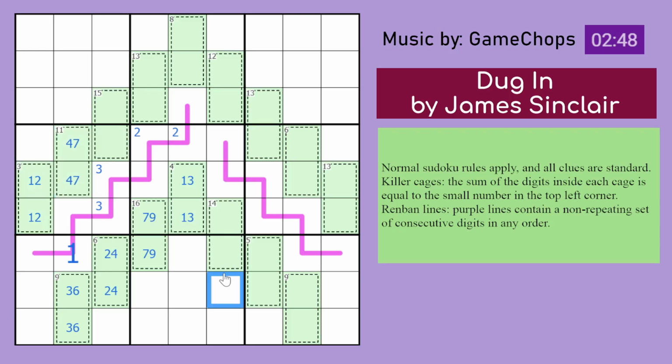Yeah. Which now means that... well, where does 7 go? 7 can't be in those cells, because of the 7 in one of those pairs. But 7 could still be in one of 3 cells. In fact, because of this...